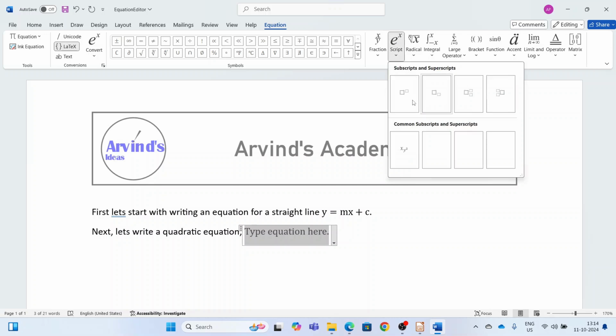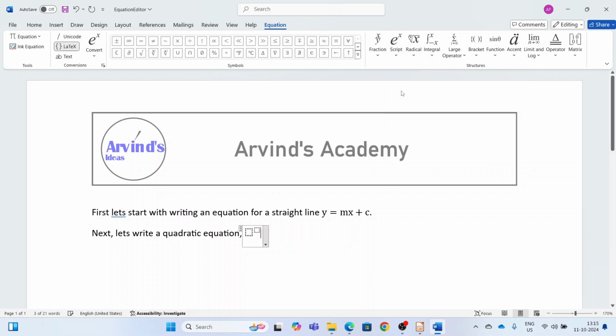So we select this as a base and this is the power of it. So this is the superscript, this is the subscript, this is double script after the main number, that is the base, this is double script before the base, and so on and so forth. So let's select this and we write here